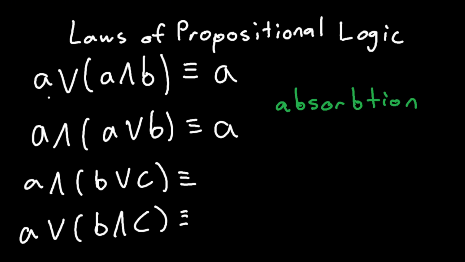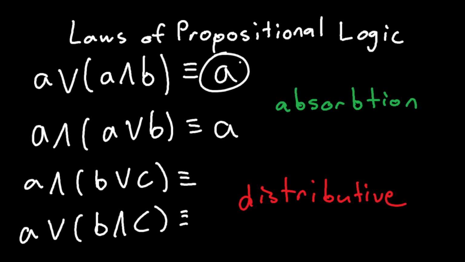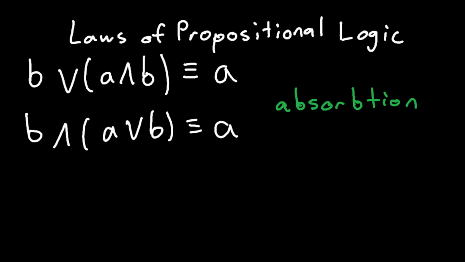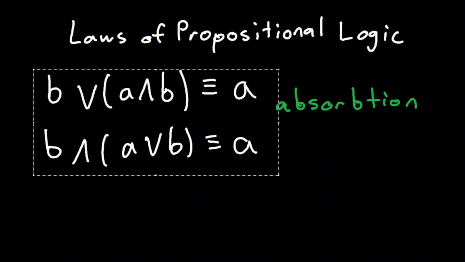But absorption, so let's write down distributive here. Distributive has three separate statements, A, B, and C. But absorption only has two, A and B. And keep in mind, A has to be within the parentheses, okay, in order for all of this to simplify to A. Now, also, if you didn't notice that, what if you have B here, right? What if you have B here? Well, the thing about this is that the variables don't even matter. A or B doesn't even matter, okay, if you use A or B,